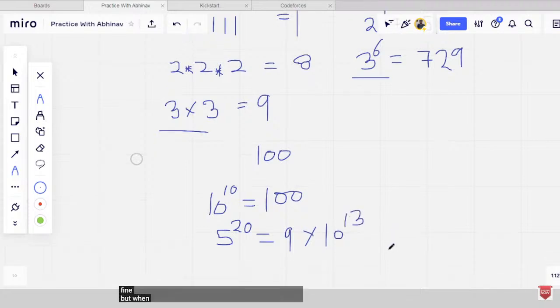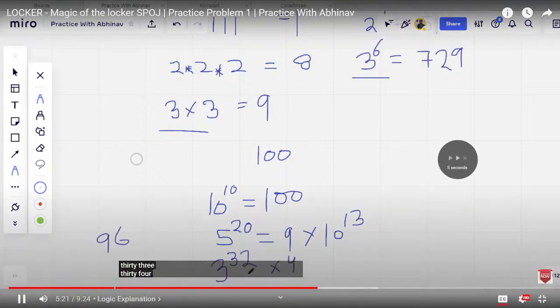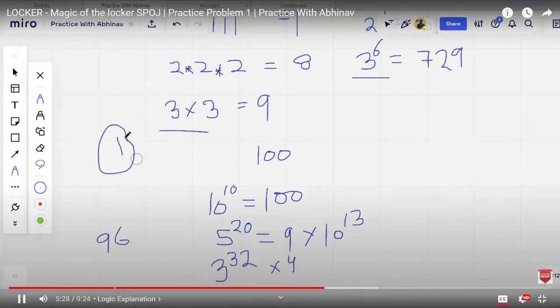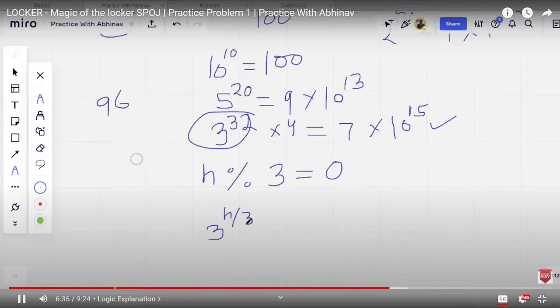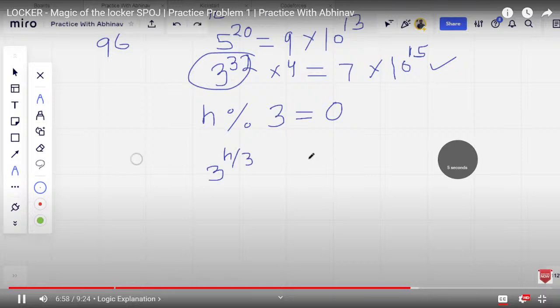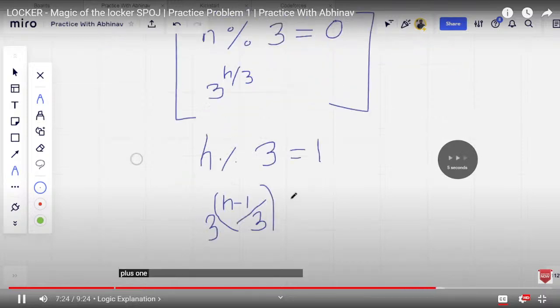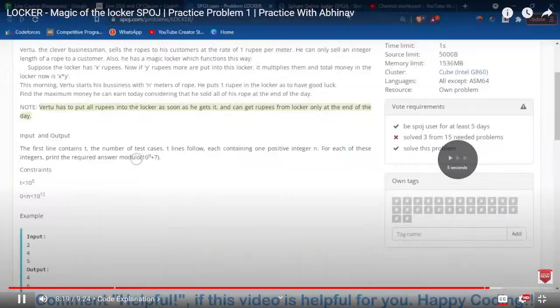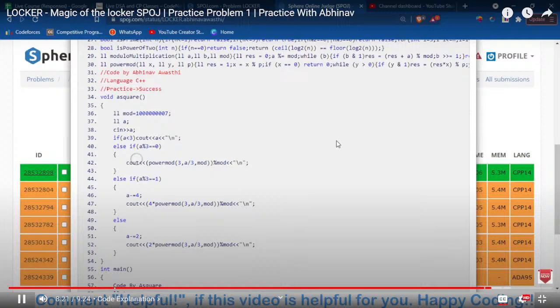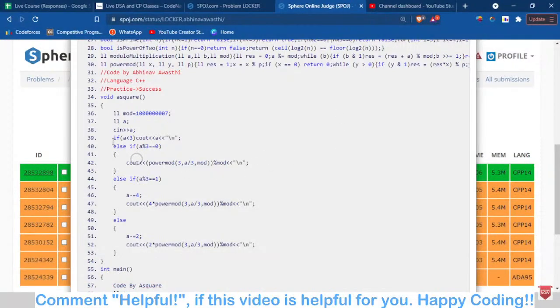Fine. But when we are making it like 3 to the power, how many times it is possible? 32 rupees. किसी भी नंबर को 1 से मल्टीप्लाई करो कोई मतलब नहीं, बस मल्टीप्लाई की वैल्यू तो 3 है आंसर. और मॉड करना है, काफी बड़ा वो लास्ट में है. हम लोग n+1 ठीक है, बात समझ में आई. इस तरीके से हम लोग उसको कर रहा था. एक 3 और निकाल लिया देख सकते. मेरा भी काफी देर बाद हुआ था ये एक्सेप्ट, बिकॉज ये एक कंडीशन मिस कर रहा